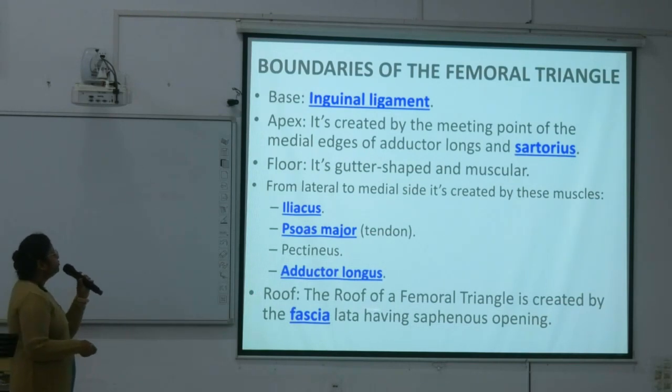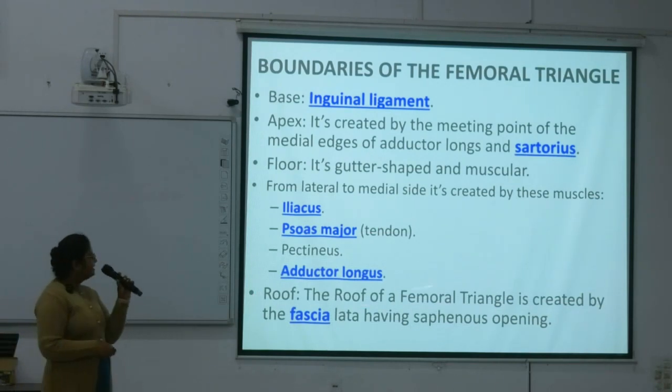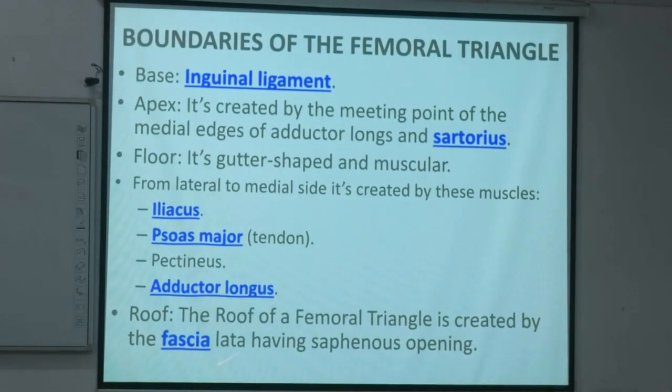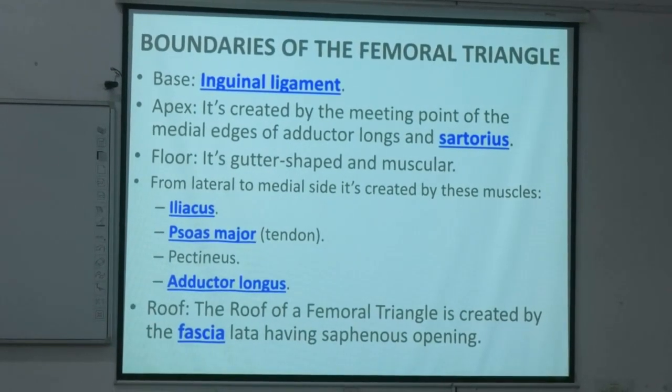Now the roof. The roof of the femoral triangle is created by the fascia lata, having the saphenous opening. Fascia lata is the deep fascia of the thigh. The deep fascia of the lower limb is known as the fascia lata. And here one opening is present, known as the saphenous opening, through which the great saphenous vein enters and drains into the femoral vein. Okay. Next,